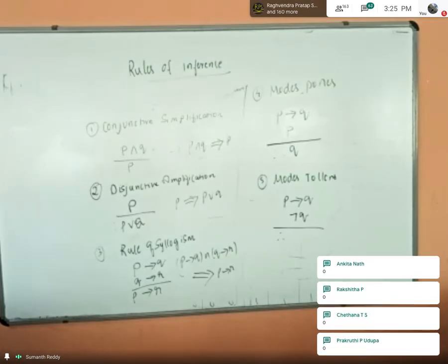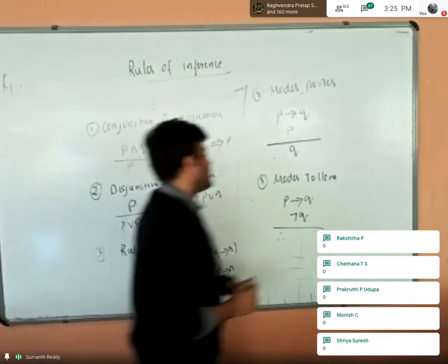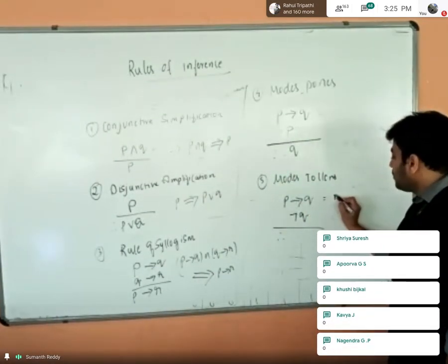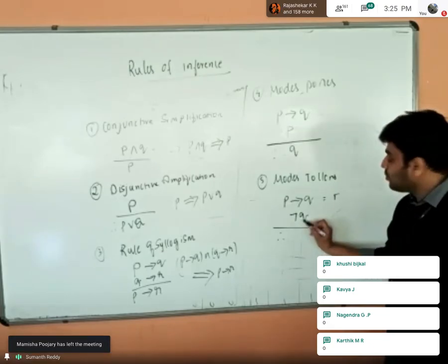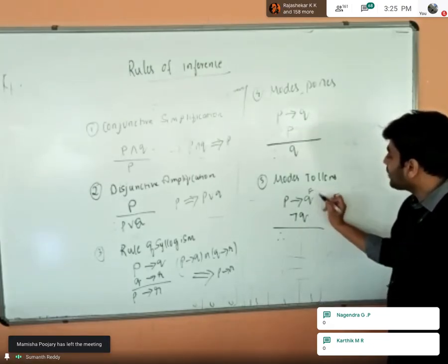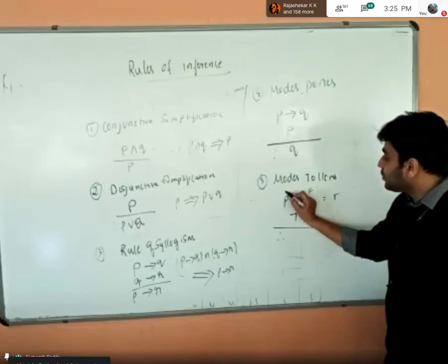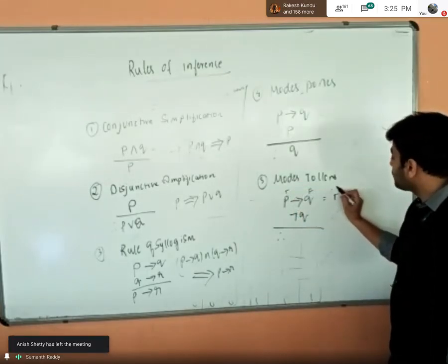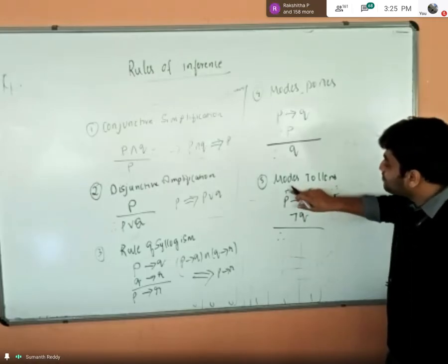Exactly. Chandrakant, Murthy, Ankita, everyone. They are telling that it will be false. It's very simple, right? Because if P implies Q is true, and if negation of Q is true, what is the value of Q? It will be false. If the value of P would have been true, then the result would have been false. But that is not happening. The result is actually true. Since the result is true, this P cannot be true.